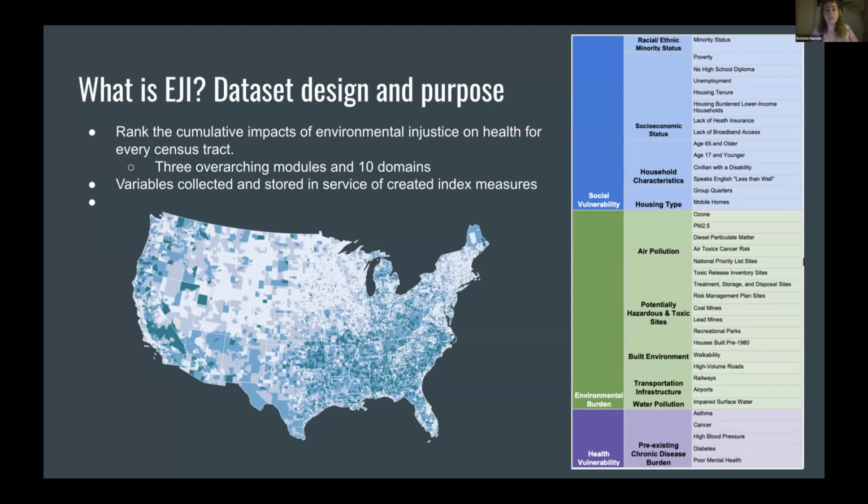What we do know is that all of these have different types of data units. Often they are ranked, and their source data is from all over the place. The social vulnerability information is almost all from the American Community Survey. Some of the environmental burden is coming from modeled data from the EPA. And the health vulnerability is coming from the PLACES data set. So the source data is different types of data, but they're all aggregated up to the census tract or downscaled from county to census tract.